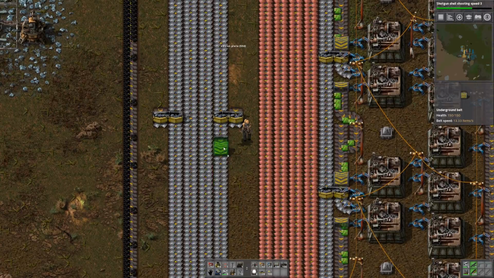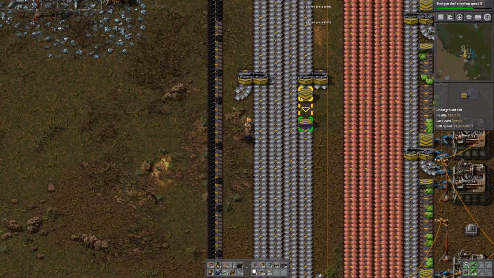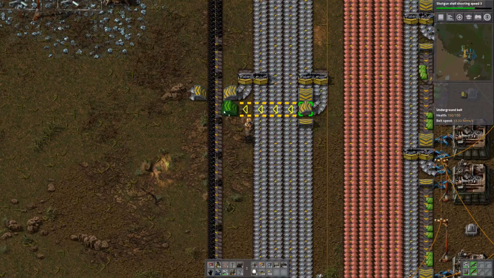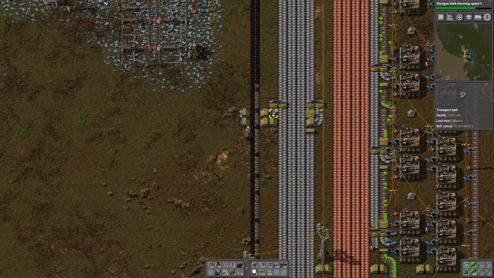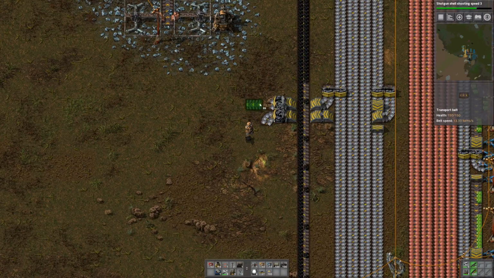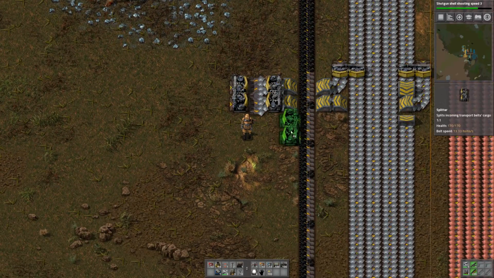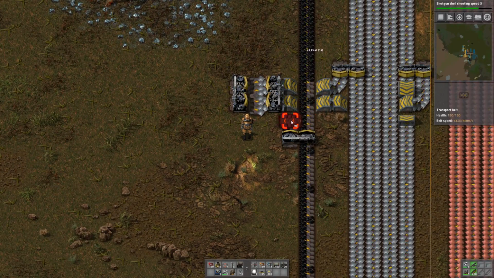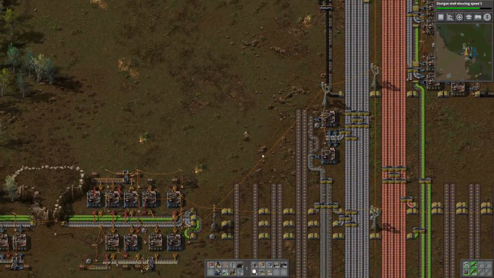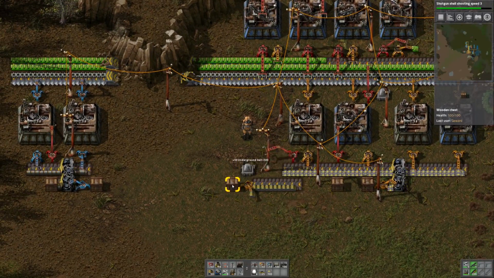So I want to do like a bit of a double situation right here, so we can split one off like that, and then another one just like that, and then bring them together like this, and then we can actually get another splitter involved right about here. That was all of our underground belts apparently, so let's just pick up some more, and then I would say